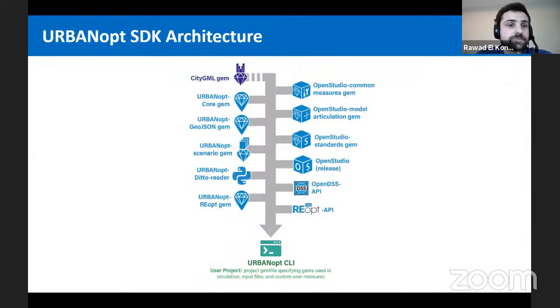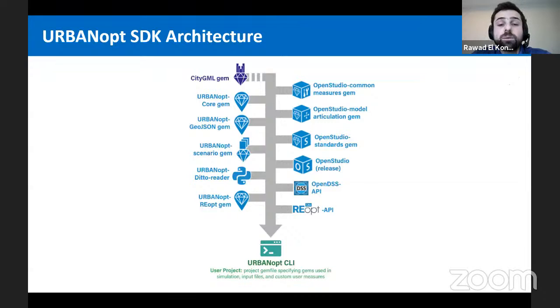Next slide. So now, after giving you a general overview of the functionality and the workflow of URBANopt, I will talk more about the software architecture behind this platform. We discussed how we want to tackle the design of URBANopt, and that we expect multiple tools to work together to tackle a specific project and not just a single tool.